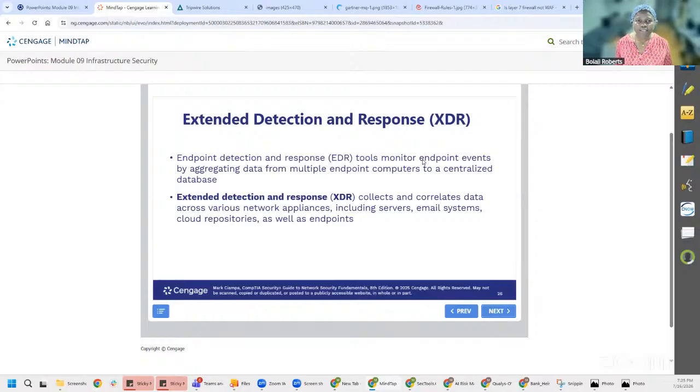Then we also have extended detection and response. The way the name implies, we have the endpoint first. We started with endpoint EDRs. The one that is really popular in this part of the world is